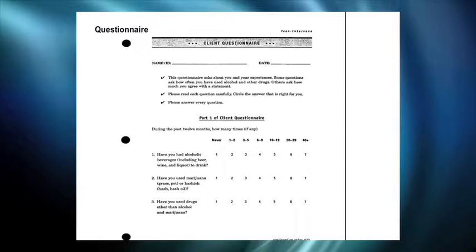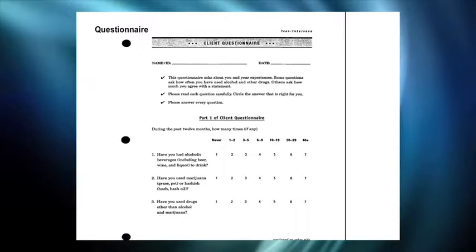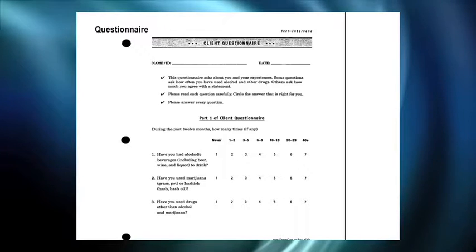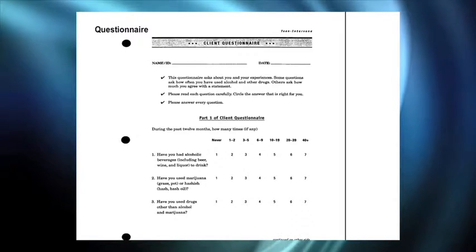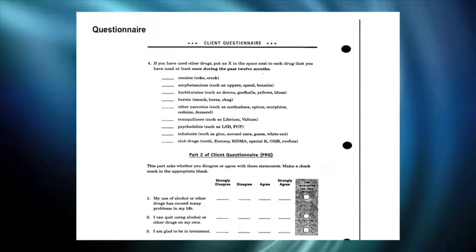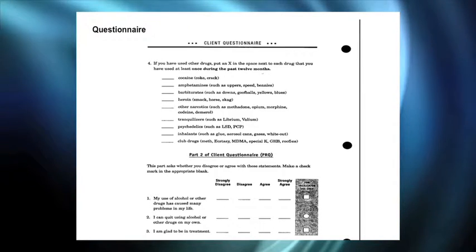You might wonder, why are we asking these time frames? Never, 1 to 2, 3 to 5, 6 to 9, 10 to 12. That's the way the Monitoring the Future people ask about frequency. There's a lot of history behind it. I won't go into it, but it is research-based, asking in that way. So it can be helpful. Asking about past 12 months, getting a 1-year time window. Obviously, you may have additional information.